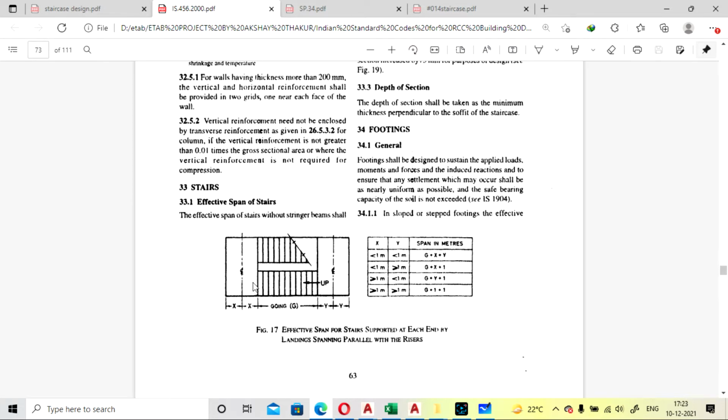So it will divide into two equal parts, on landing 1 also and landing 2 also. Okay. Now these are some of the values that you have to consider for the effective span. If your x value is less than 1, and your y value is also less than 1, you have to calculate the effective span by adding total going, that is total flight, plus x